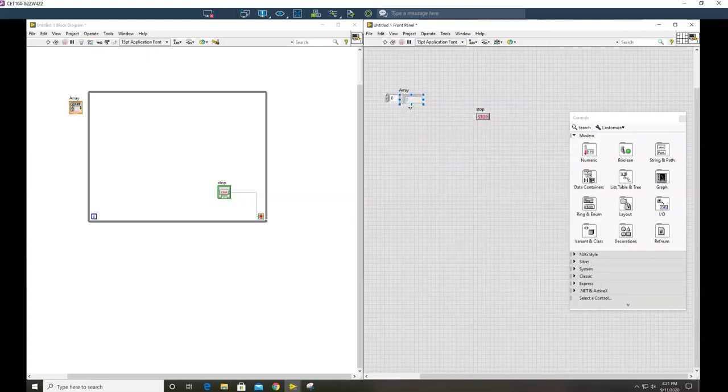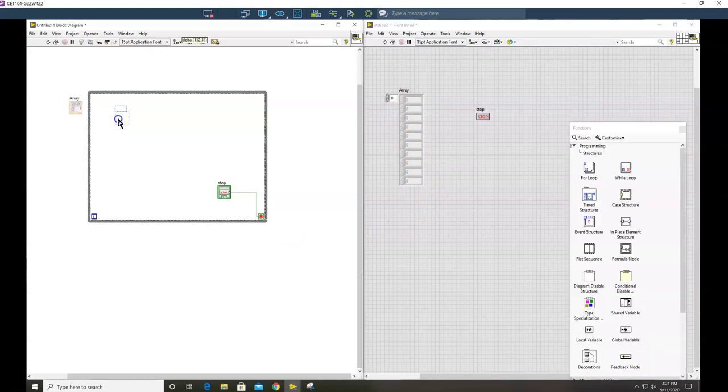We added a numeric control into that array, and we expanded it down until we had 10 elements. And we know that we want that in our loop because if we change those elements while it's running, we want it to recompute our mean. So we have our array,